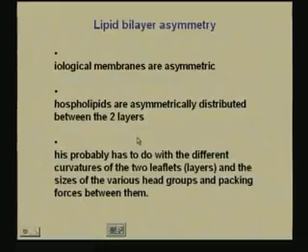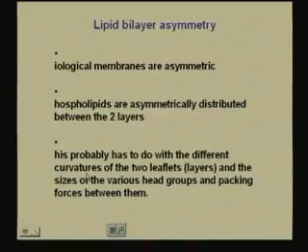So, we have the lipid bilayer asymmetry. The biological membranes are asymmetric. The phospholipids are asymmetrically distributed between the two layers, and this is due to the curvature of the two leaflets